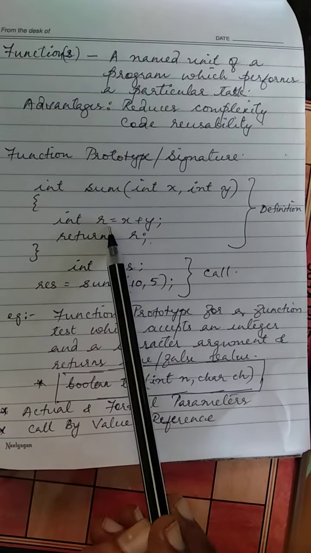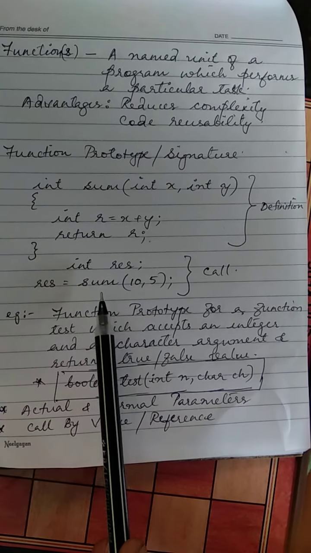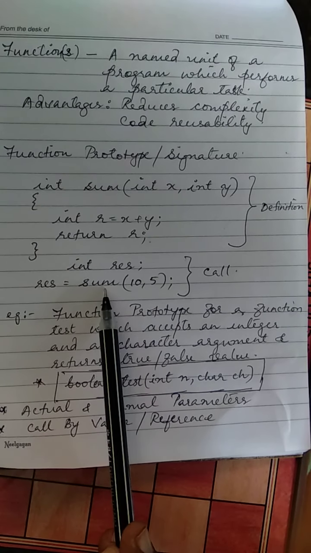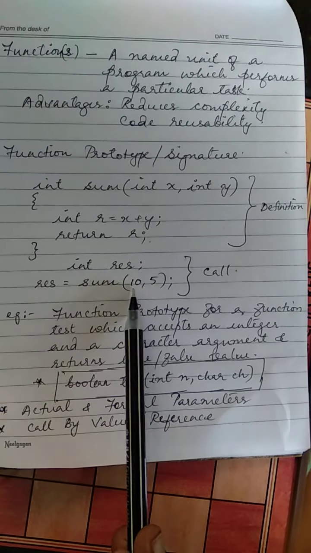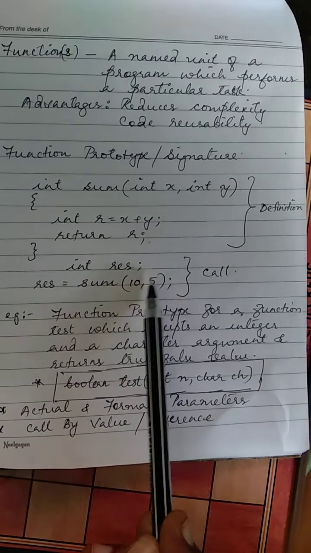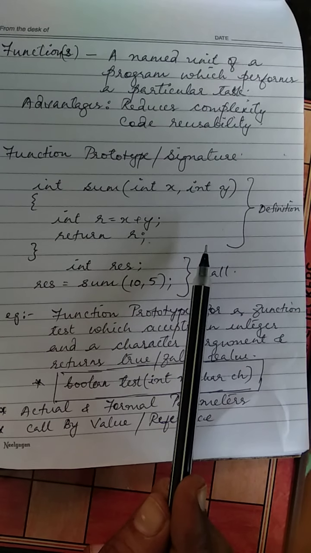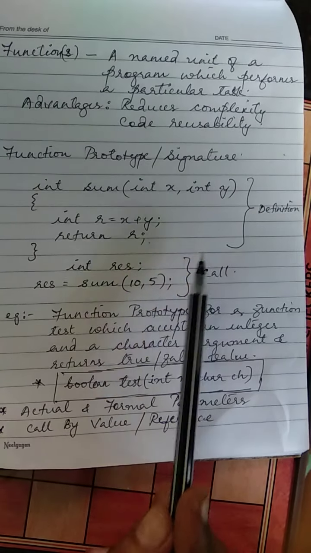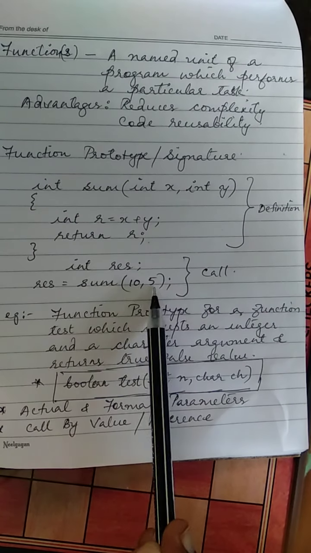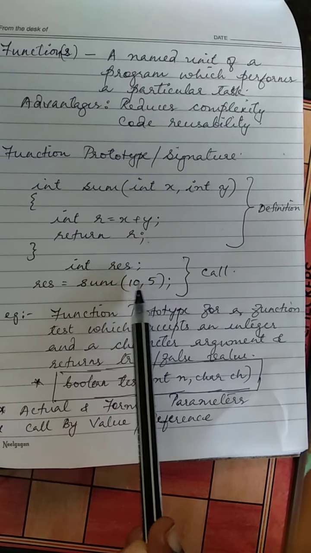This is function definition. Now look at this part. This is called as function call. When you call a function, the syntax is function name, and in bracket you will write only the value of the parameters. Directly you can pass the values, or you can store these values in variables and you can write the variable. For example, int a equal to 10 comma b equal to 5. If you are writing like that, here you can write a comma b. That is also possible, or directly you can write the values. But in function call, no need of writing the data types here.